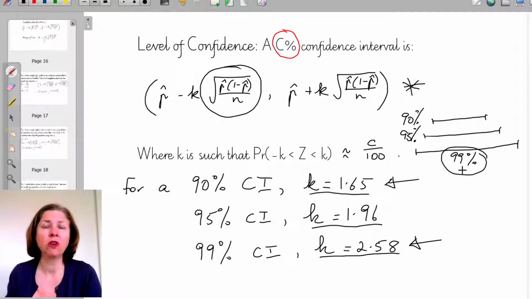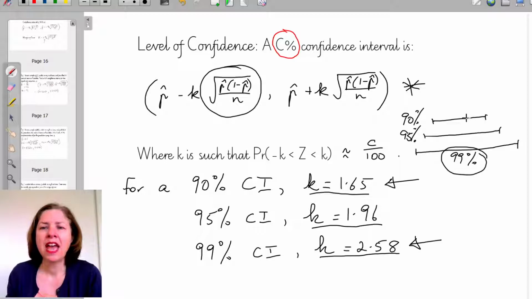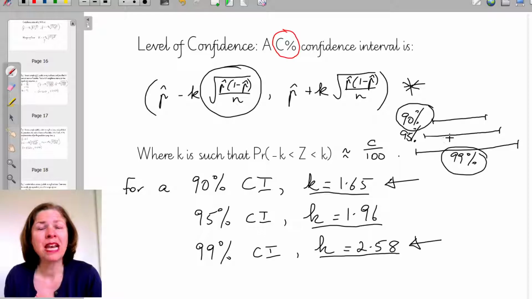It's not very useful to know that the proportion of people born outside of Australia is somewhere between 0.1 and 0.9. It doesn't tell us much. We're highly confident that p is somewhere in that value, but not very informative. On the other hand, if we go for our 90% interval, we get a narrower band, but less confidence that p is actually in this interval. So if I say, and I'm just making these numbers up, my value is between 0.59 and 0.61, but if there's a 10% chance that p is not in that value,